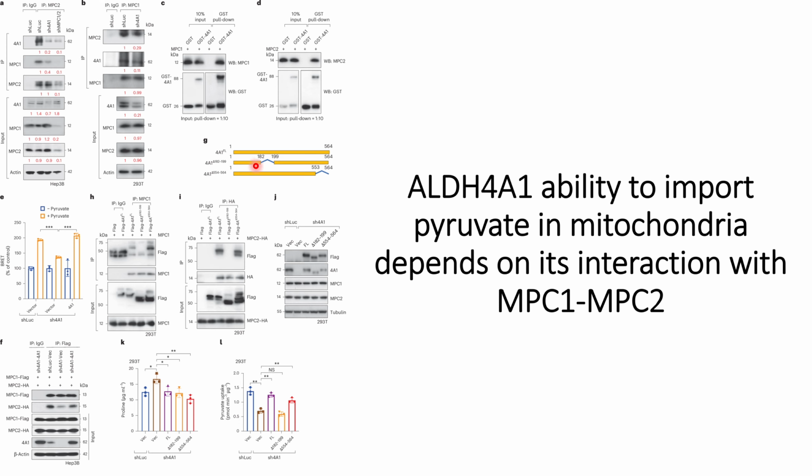First they mutated around 182 to 199 base pair, and second they mutated around 553 to 564 base pair, and then check whether it has any impact on this MPC1, MPC2, ALDH4A1 complex formations. And what they are able to find out is that when they use this first mutation, that is mutations from 182 to 189, in that case they are able to see